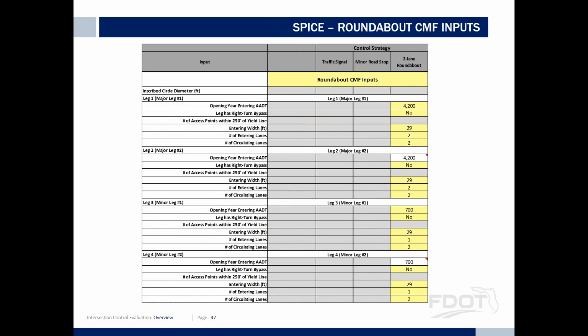And here's again another, this is showing the roundabout, the control strategy, and some of the outputs for selecting the roundabout. So I'm not sure if you all know that there's a CMF for a roundabout that's used right now to estimate the number of reduction in crashes when you convert from a signalized intersection to a roundabout. What you see here is the input variables that are needed to compute the safety performance of the roundabout using the roundabout SPF. The roundabout SPF is not published yet, but we do have access to it,